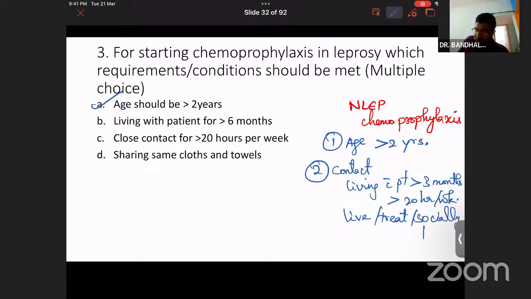Live, treat, or socially related. So if you see the options, the first one is correct: age should be more than 2 years. Close contact for 20 hours per week is also correct. They have given in the option that it is more than 6 months, so it would mean they won't treat below 6 months. But it is not like that. If it is more than 3 months itself, we have to treat as per the NLEP chemoprophylaxis criteria 2019. So this is somewhat a suspicious answer. Then the fourth one is sharing the same clothes and towels. It is not directly given in the criteria, but they have mentioned if they live with the patient or are treating the patient or socially